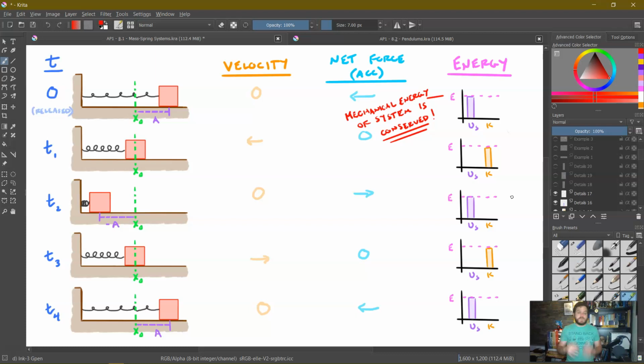This should always be equal to some total E, and that makes solving a lot of problems very, very simple. Now keep in mind, if instead I was looking at some position like here between an amplitude and an equilibrium, we would have some combination of elastic potential and kinetic rather than just one or the other. But taking this one step further, keep in mind that at all the points where we have all kinetic